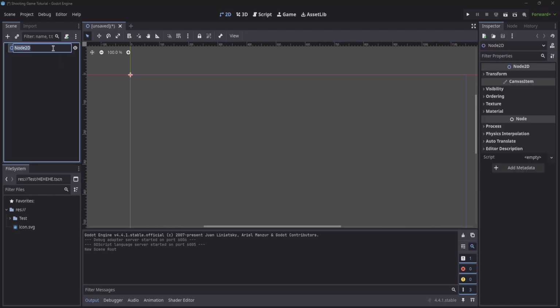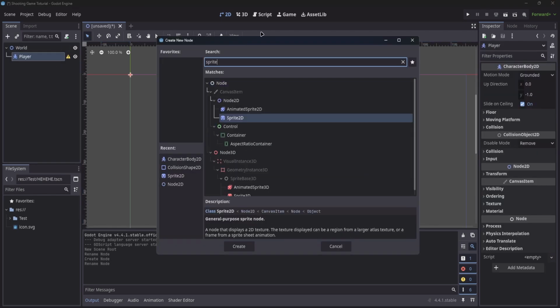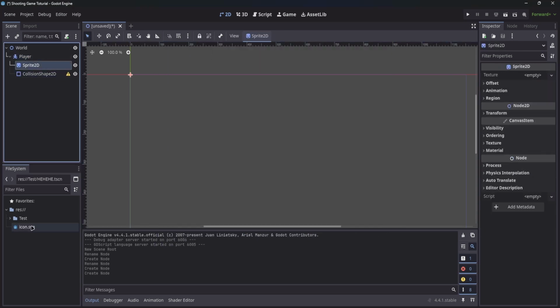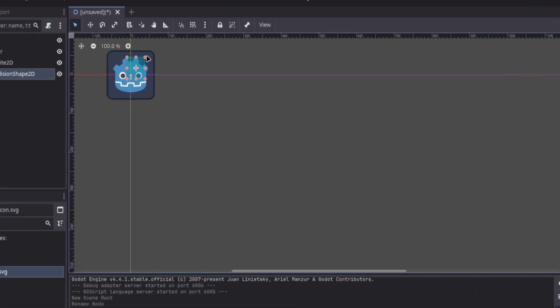2D scene and then rename it to world, and then add a character body 2D and rename it to player, and add sprite 2D, and then collision shape, and then import any image to the sprite 2D and take a shape for the collision shape and resize it to the player